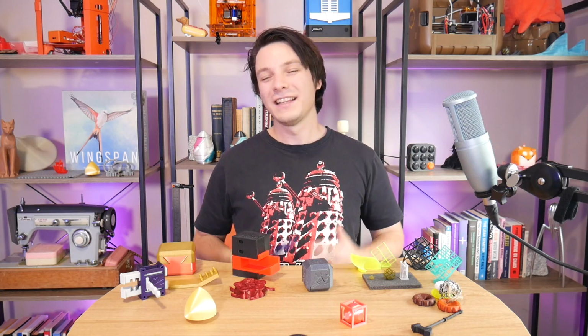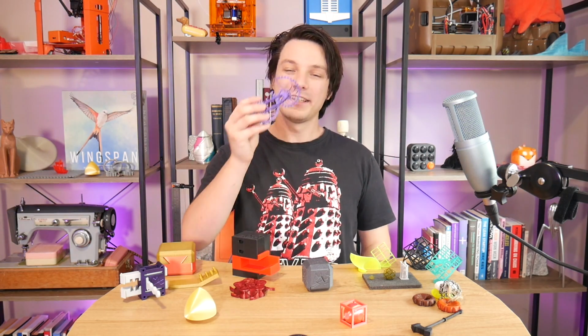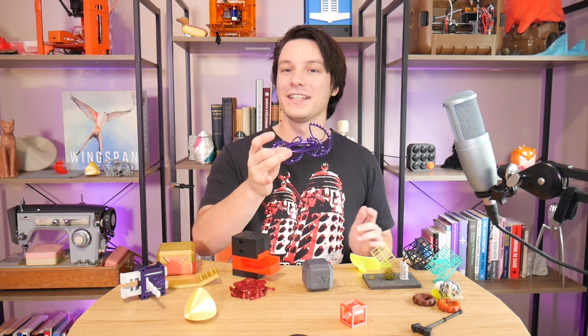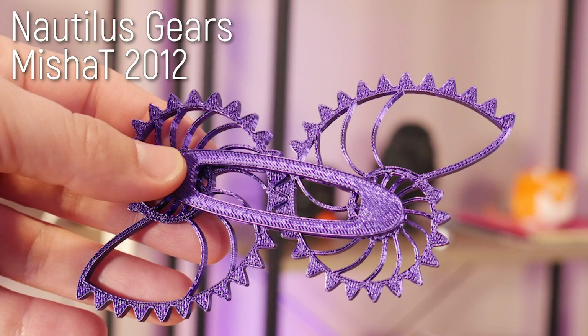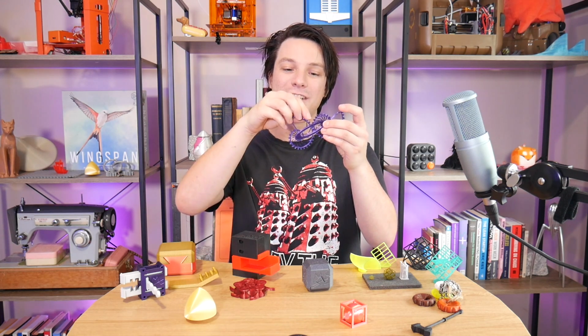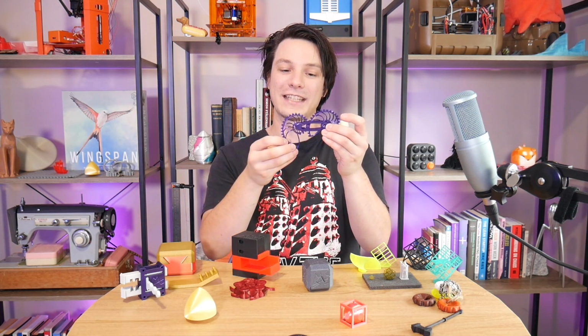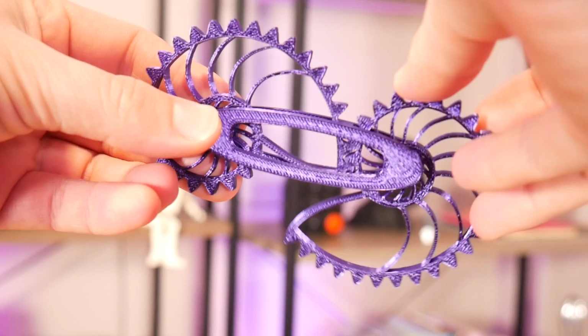So one of the other things I love to 3D print is mechanisms. You've seen countless mechanisms on the channel, and this is one of my favorites that I didn't design. This is from Thingiverse, and it's Nautilus gears. I'll put a link here to the creator and the original download link. And it's crazy because the gear ratio changes gradually, and then as it comes round, the spiral ends and it goes back to the beginning, and it prints